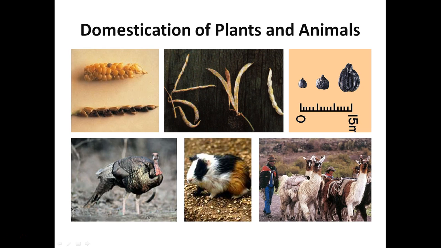We will learn about one of the key turning points in human history, when humans domesticated certain species of plants and animals and transformed them to better suit our needs. The domestication of plants and animals also led to the domestication of human societies, population growth, sedentism, and the emergence of villages, then cities. So this is a key turning point in human history that we will examine.